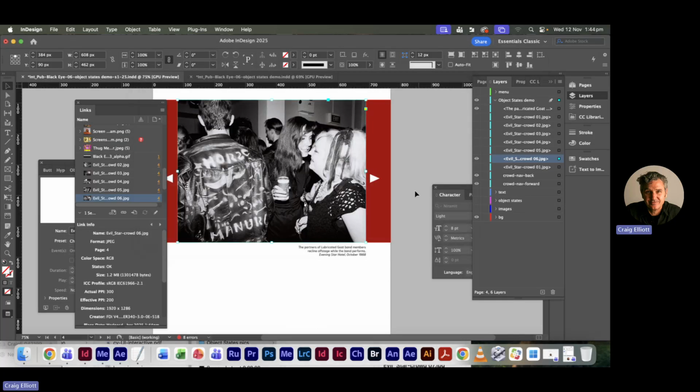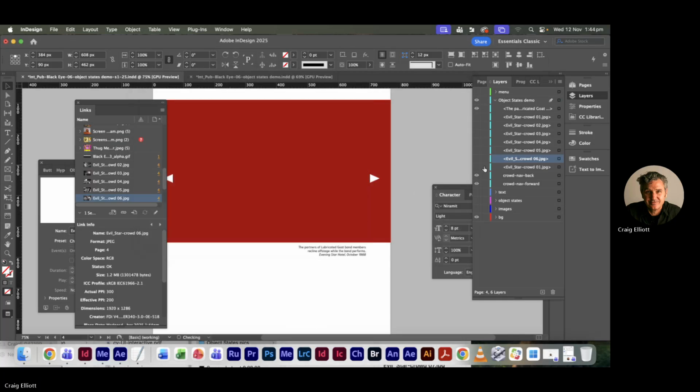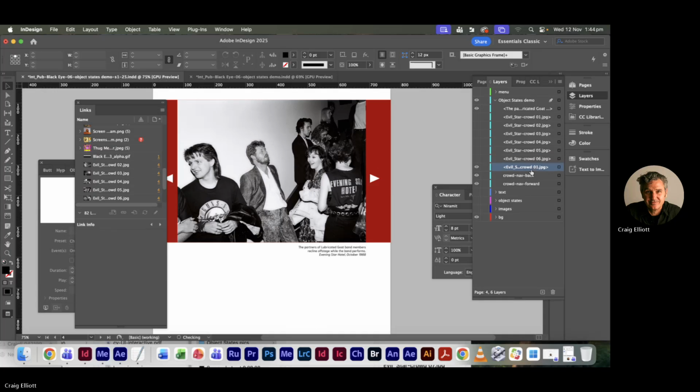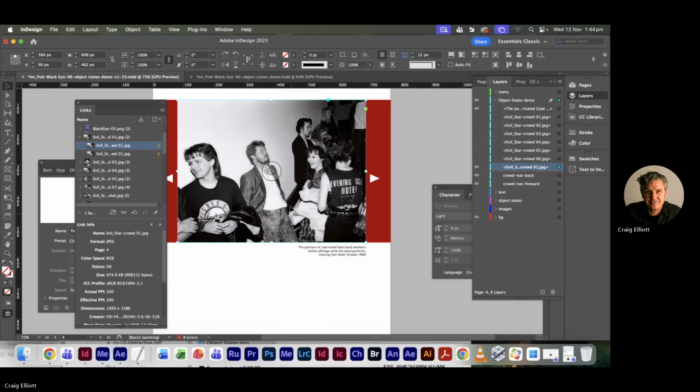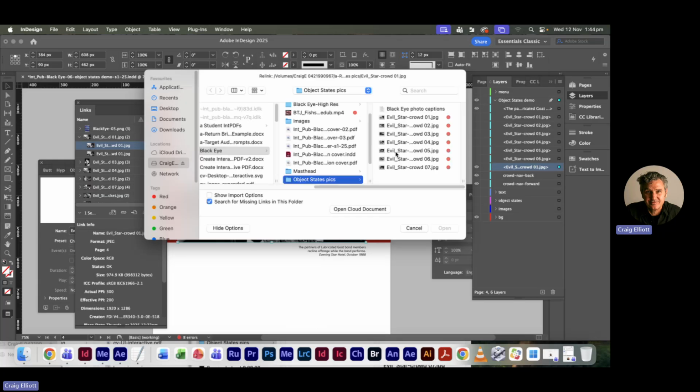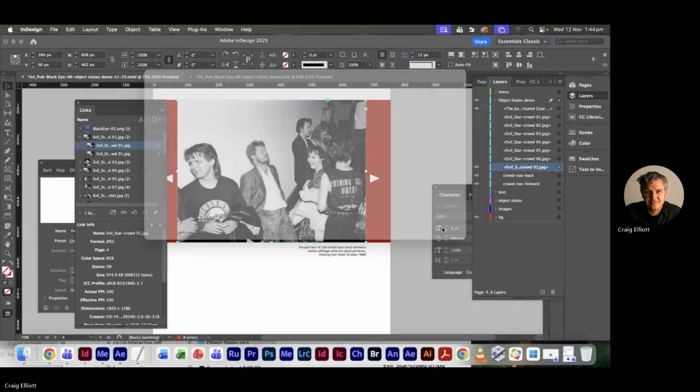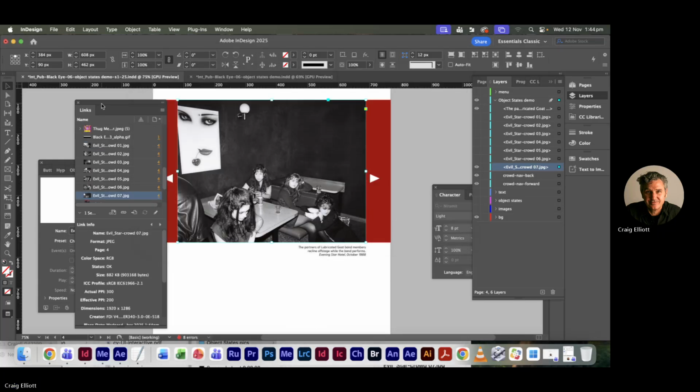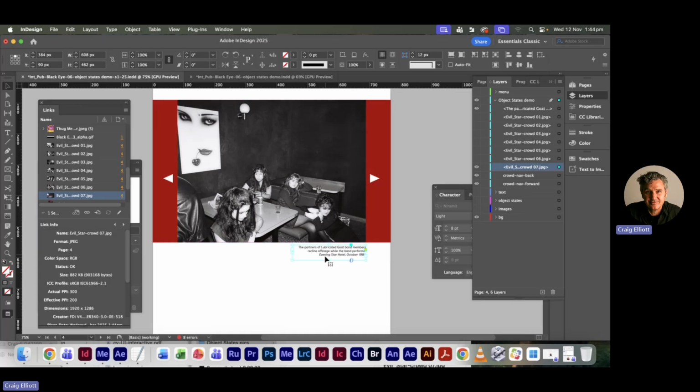Next one. And next one. Okay. So just a very quick way that everything is exactly the same frame, same place here. Okay. I'll also do the same